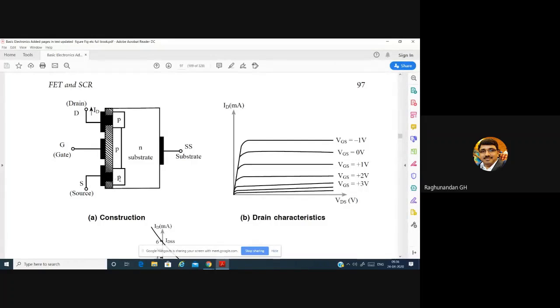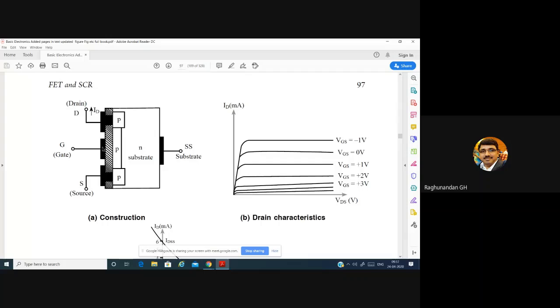But the source and the drain have a direct connection through the metallic contact. The metal is penetrating through this oxide layer, and it is connecting the p well. Here for the drain also, the metal is penetrated through this oxide layer, and it is connected with the p layer. But when it comes to the gate, it is not having any connection with the p channel.